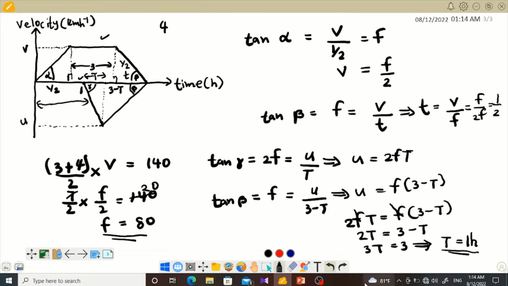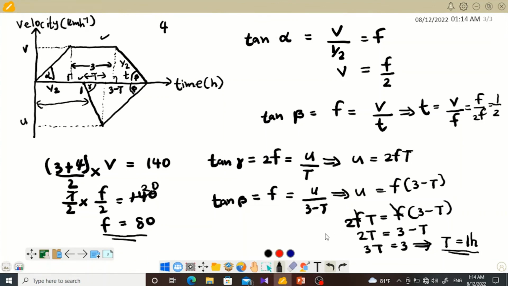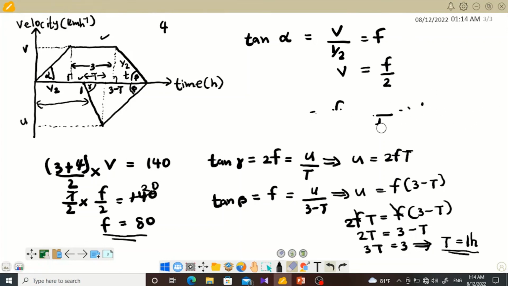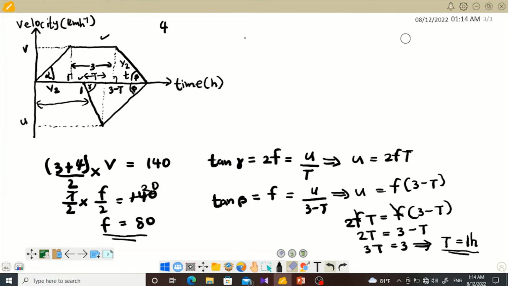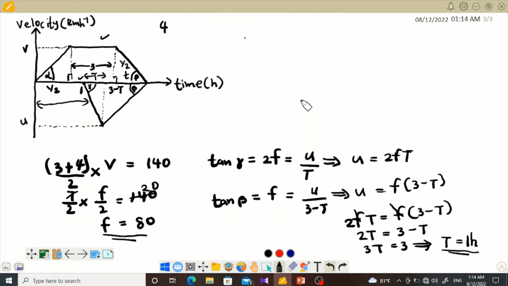We have to find the u value, no problem. I'm going to erase these things. So using the triangle I can find its area. So I'm going to find the area of the triangle, which we can write as this,